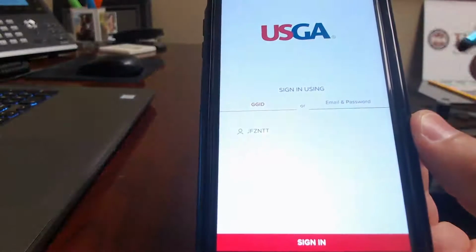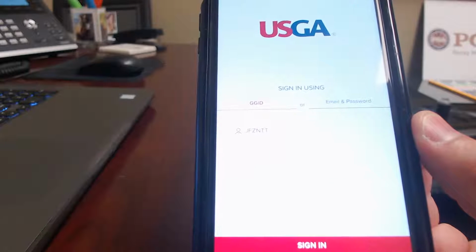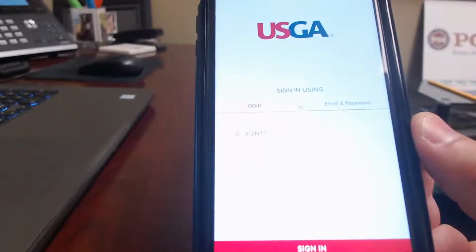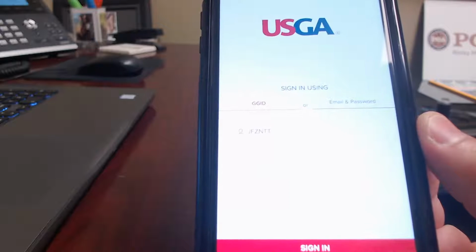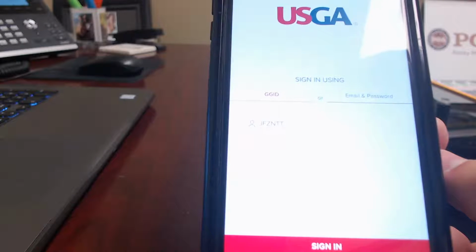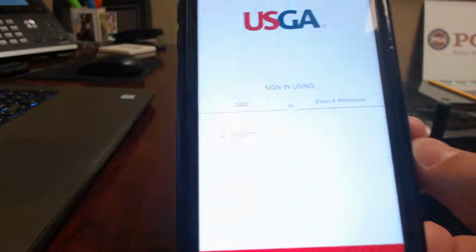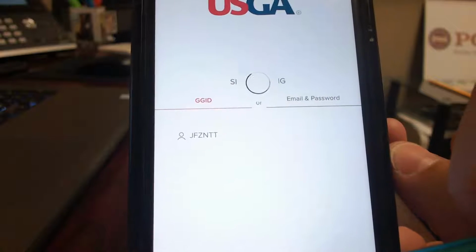The information specific to the event will have a very specific GGID number. GGID really just stands for Golf Genius Identification. You can take notice here, the letters there, JFZNTT. Those letters, that code, is a GGID number specific to a tournament that I created, a mock event for today's purposes. And we're going to log in using this GGID number, and show you the features and functionality of this event program. By simply logging in, it takes you to a nice home page,